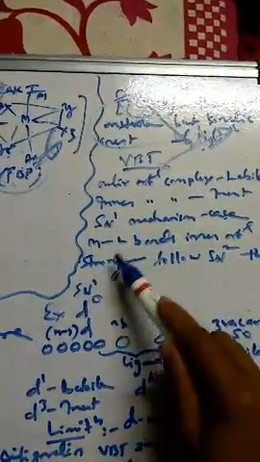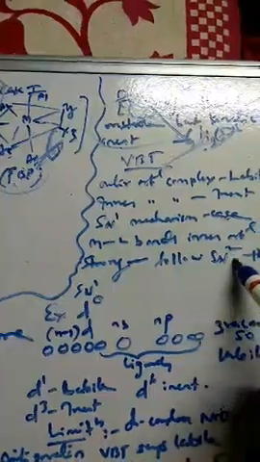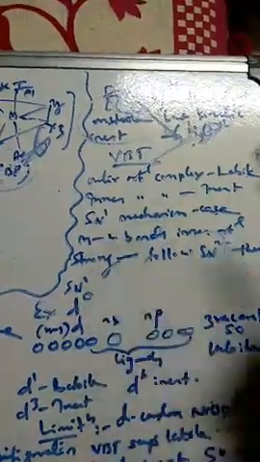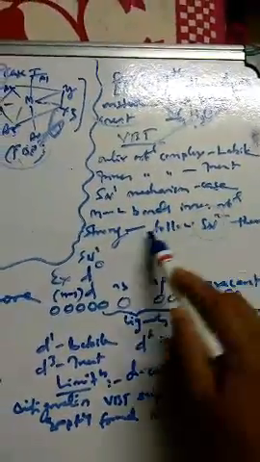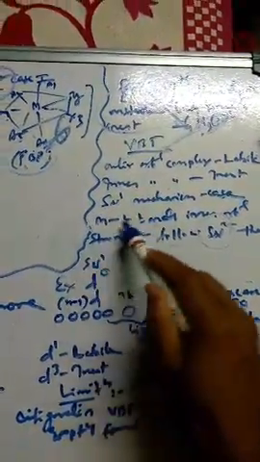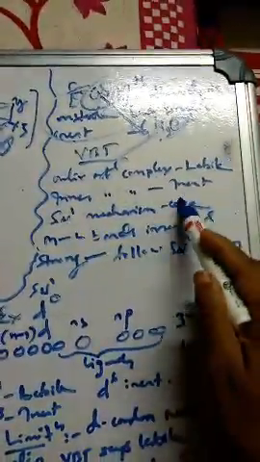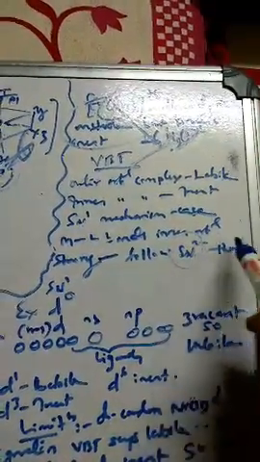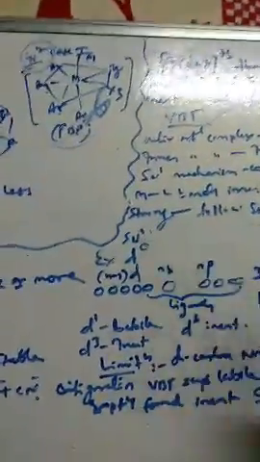They are very strong, and that's why they follow the SN2 mechanism. Why SN2? Because they cannot be dissociated; the ML bond cannot be dissociated. That's why they follow an association type of mechanism. So whichever inner orbital complexes are there, they follow the SN2 association type of mechanism rather than SN1. This is one small difference you have to keep in mind.